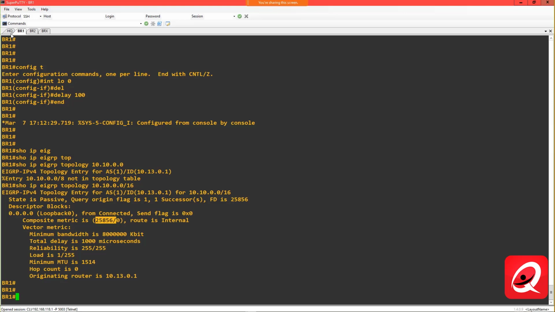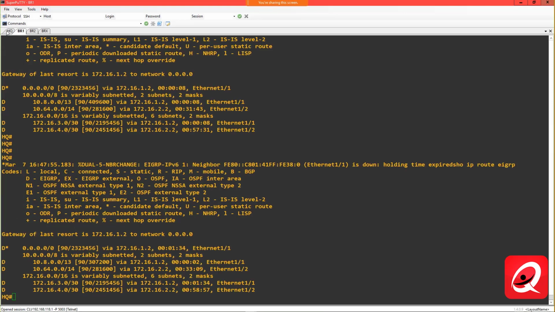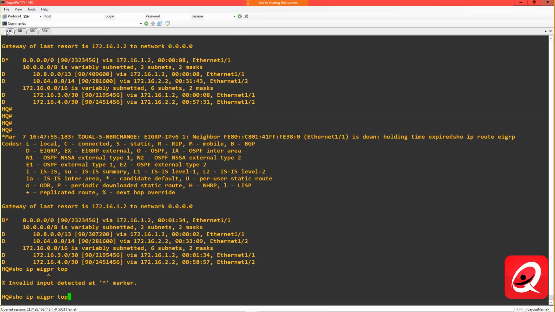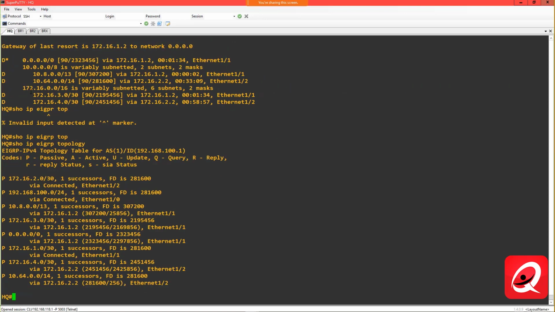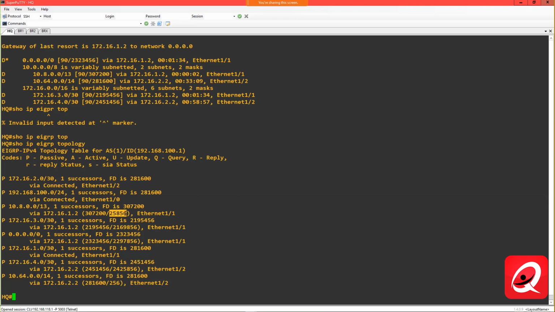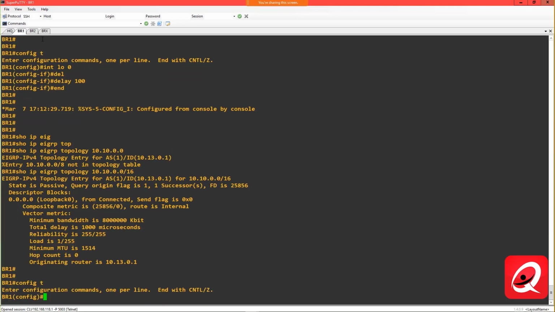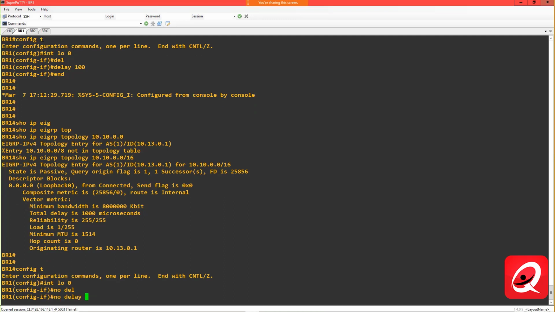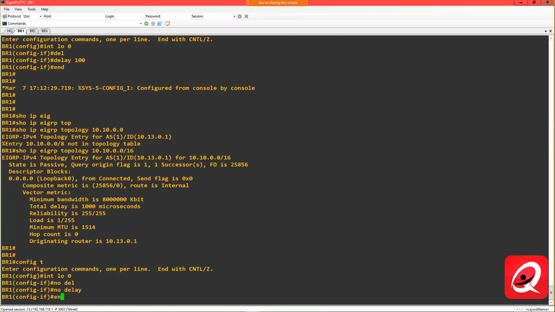Of course, we have to add the link between the HQ and BR1 to get the overall composite metric, but if I do a show IP EIGRP topology, we can see for that 10.8 that it is, in fact, 25856. All right, so if I go back into interface loopback 0 and I say no delay,